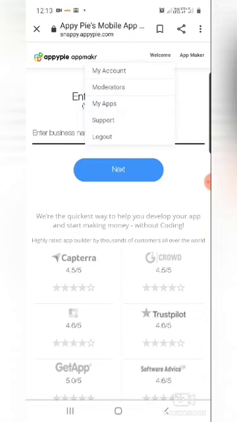Click on welcome, and then my account, moderators, my apps, support and logout. I am already signed up here, so I sign in. I'll click on my apps.